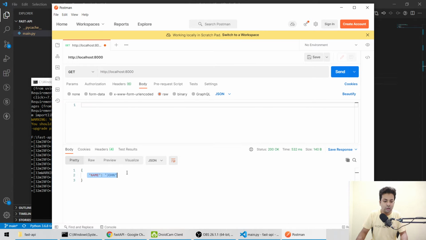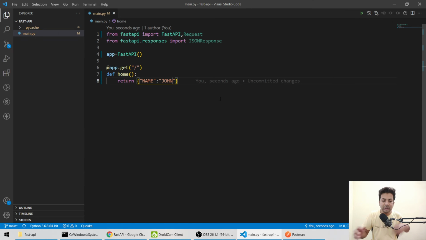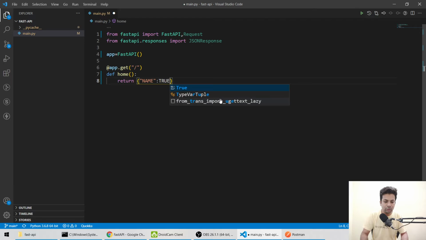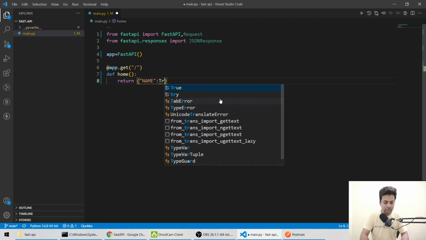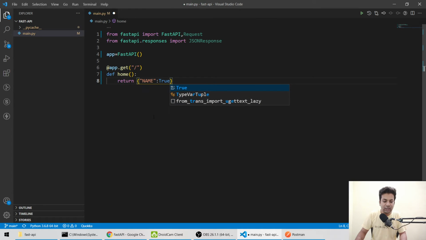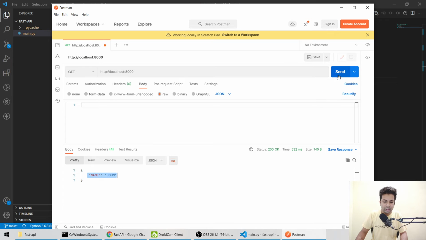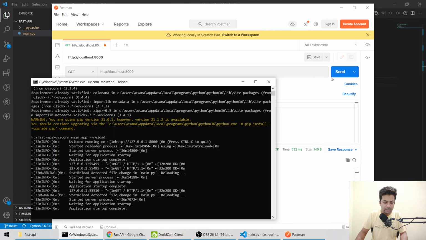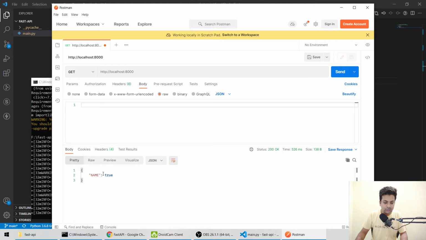So name John, but sometimes it creates confusion. Suppose I'm sending a true value. In Python we write True like this, but in JSON true is like this. So if we send it like this, you'll see what happened, and hit it. It will automatically change to whatever you want.